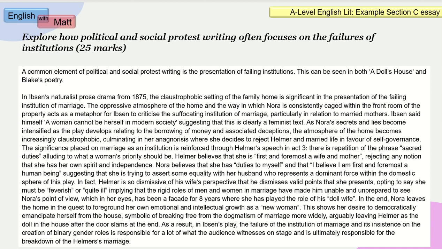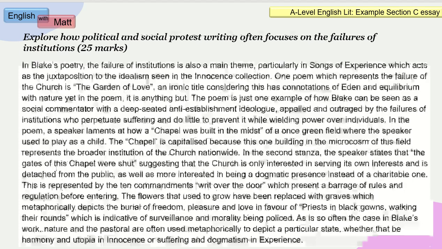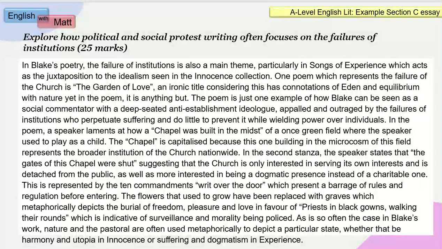So that's the paragraph about A Doll's House. They have not tried to put Blake in the same paragraph, they've kept it separate. So now they're done with A Doll's House and they can move on to Blake. And in this essay, the student decides to write about 2 poems in about half an hour, because you've got an hour for this task, half hour for A Doll's House, half hour for Blake, maybe. So split it in half.